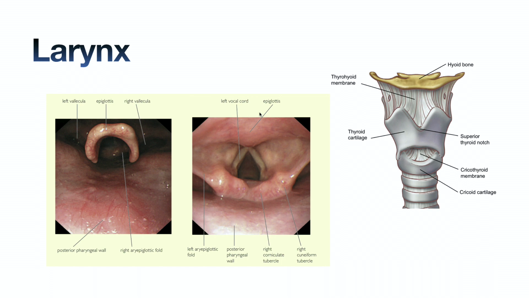We can insert our endoscope through the nose or through the mouth. After passing the nose or the mouth, the first anatomical structure that we are going to see is the larynx. This is the epiglottis, and below the epiglottis are the vocal cords, the arytenoids, and the aryepiglottic folds. From the larynx, we can see quite a lot. We can try to identify various pathologies that account for patient symptoms. For example, a very floppy epiglottis,